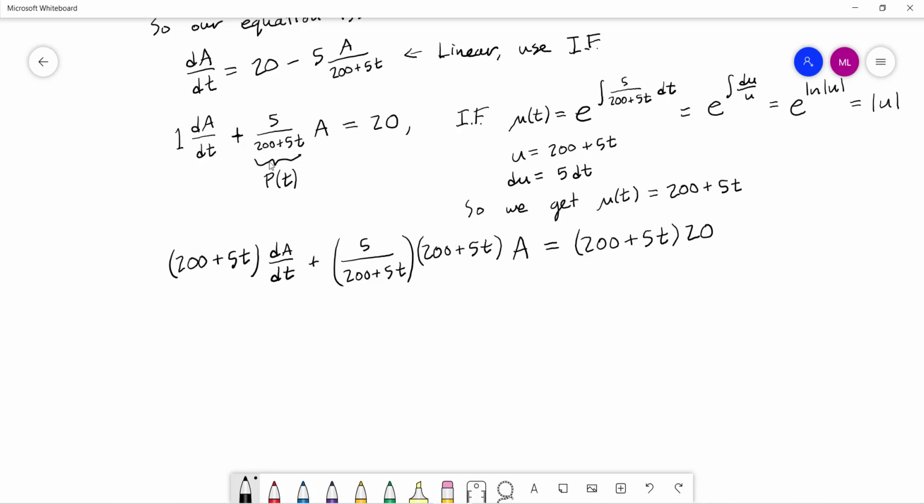And over here on the left-hand side, this term in the denominator will cancel this term in the numerator,